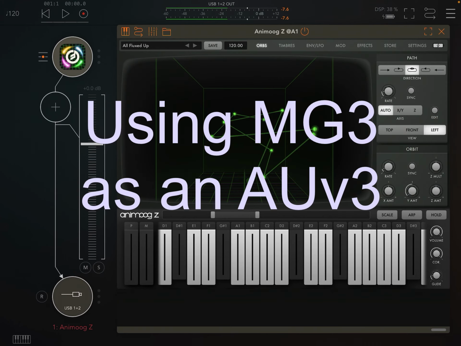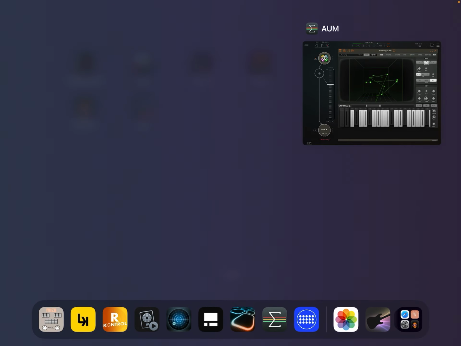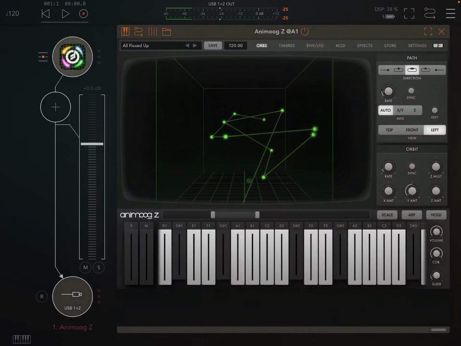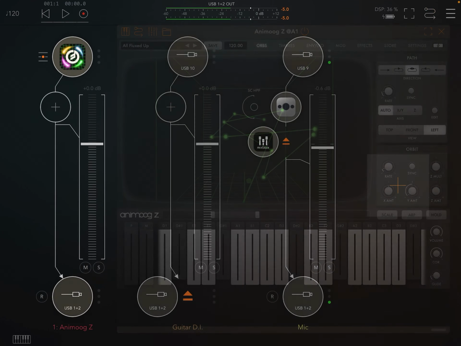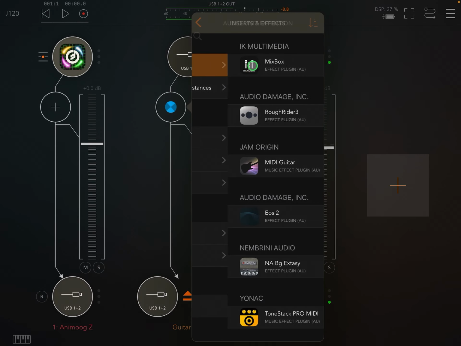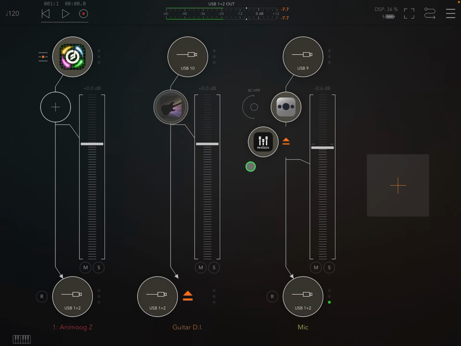Now let's have a look at method two. So the first thing I'm going to do is I'm going to shut down the standalone application, and you'll notice that when we go back into the MIDI configuration here, that port is now gone. In AUM, I have an input channel with my guitar signal coming in, and I've actually deactivated the output because it's not necessary. And what I'm going to do here is I'm going to instantiate the MIDI Guitar 3 AUv3,